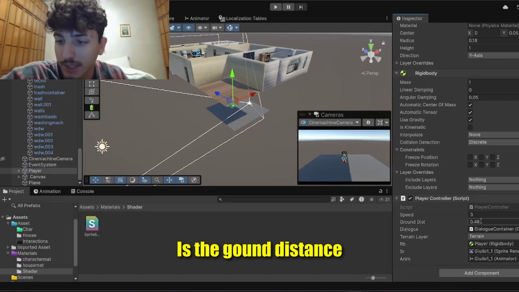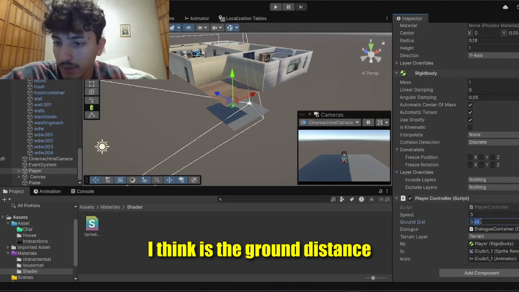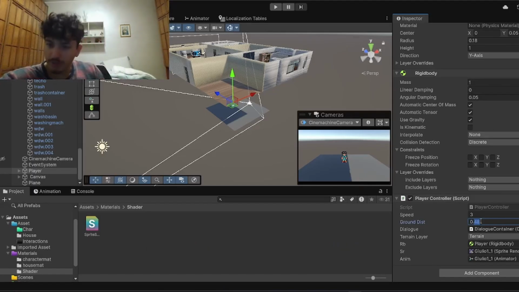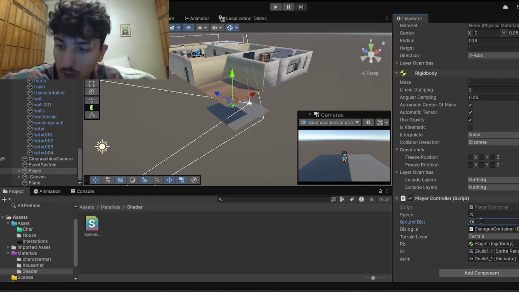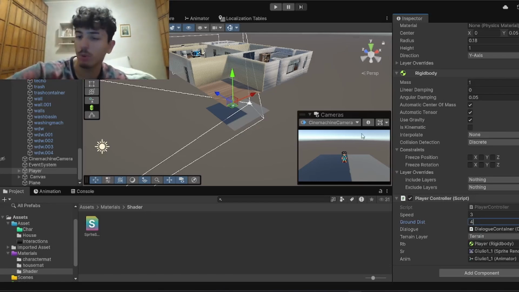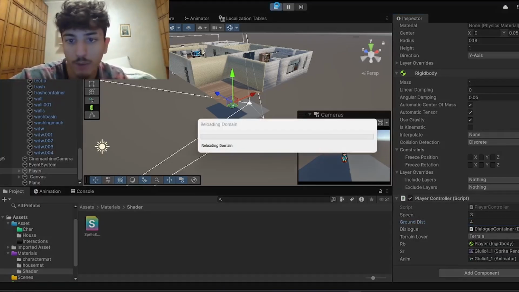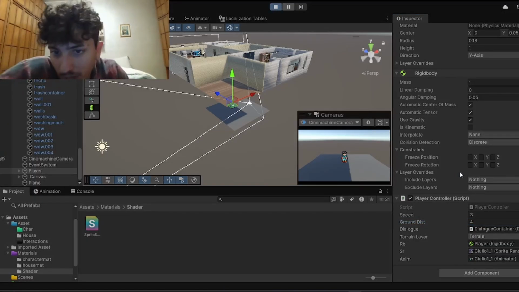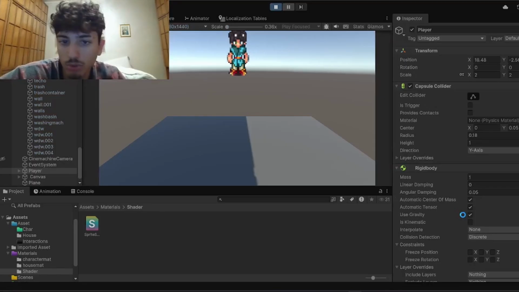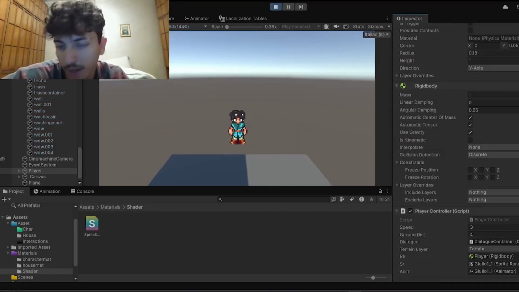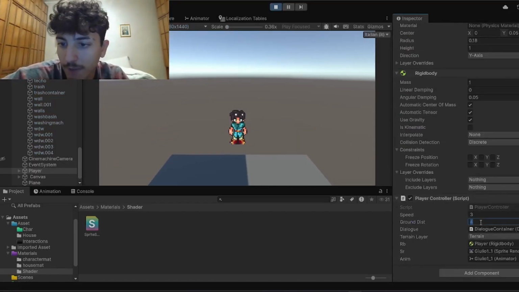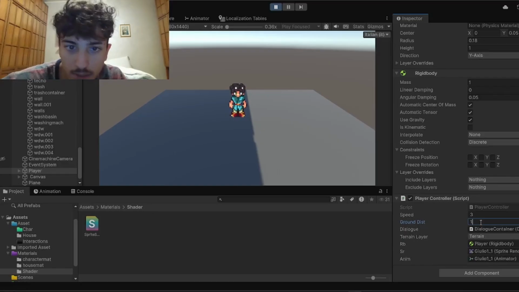Ah, it's the ground distance. Yeah, I think it's the ground distance. I'm not sure if I changed it. I remember it was 0.4, but I'm not sure. Let me put 4, but it's not 4. 4 is too much, just for trying. Now it's gonna fly because it's too distant. Yes, in fact, I know. If I put 1,